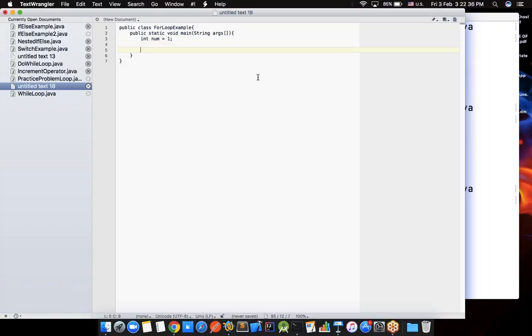So how do we write a for loop? For, we don't need to write num equal to 1 separately. For num equal to 1, num is less than 10, num plus plus,